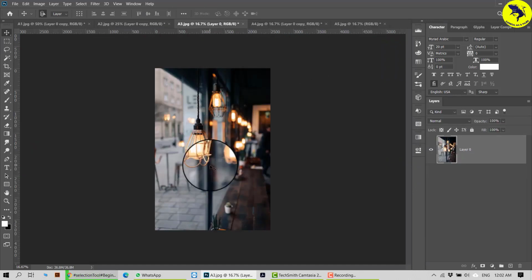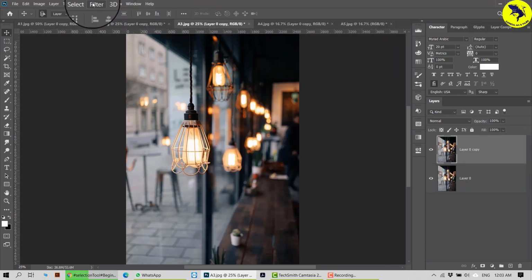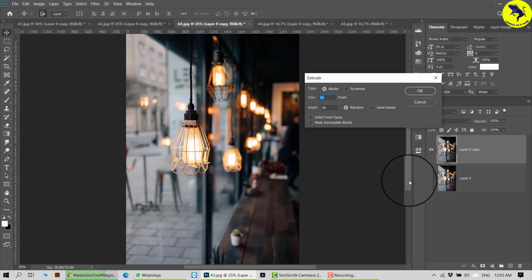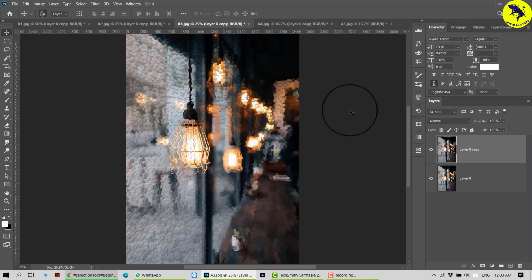This is my picture. I'll zoom in a little. Go to my filters, take stylize, and this time I'll go for extrude. So extrude is a very cool effect in order to give a kind of abstract effect to your picture. See, I have taken the size to be 30 and it's a block. Okay, I have taken 30 and it's a block. Depth is also 30. So what I'll do is I'll make the depth very small. Alright, I don't want any of these. Everything is done. It's a block, and I'll say finish. And the effect has been added.